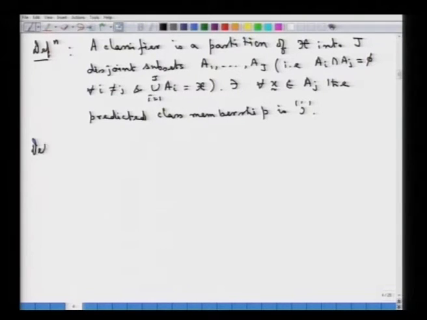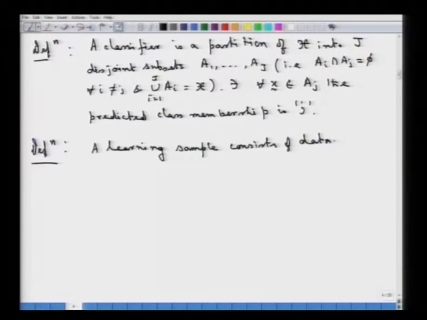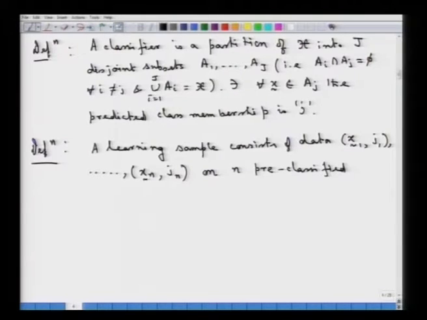Now, let me give you one more basic definition. What do we mean by a learning sample? A learning sample consists of the following data, which is of the type x1, a feature vector corresponding to the first case, along with j1, a class identification number corresponding to x1, up to xn, and corresponding to xn we have another class membership jn attached to that xn, on n pre-classified cases,